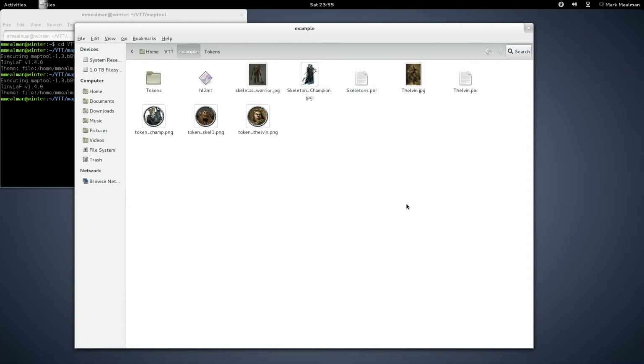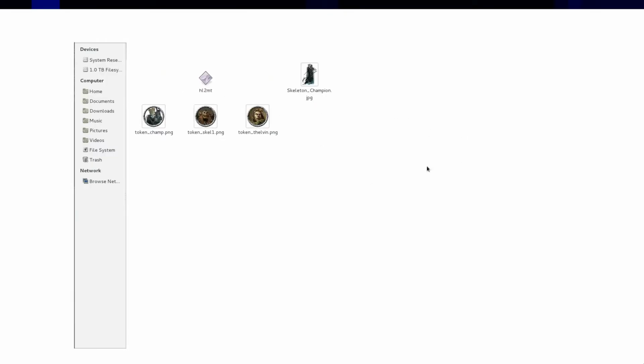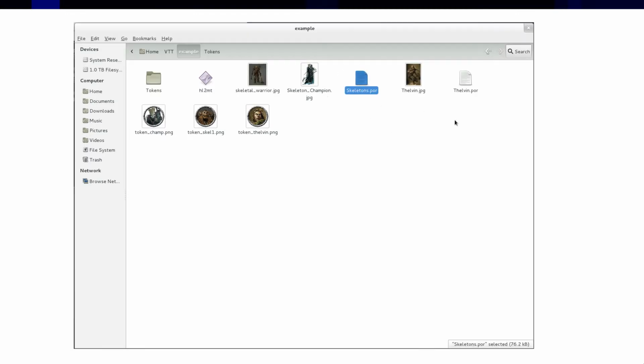Hello, I wanted to go over using the hl2mt tool token converter, and the easiest way to use it is to just download the binary and put it in a directory with a bunch of images and the hl2mt portrait files. Here you'll see I've got a couple skeletons in this portrait file from hl2mt, and I have a